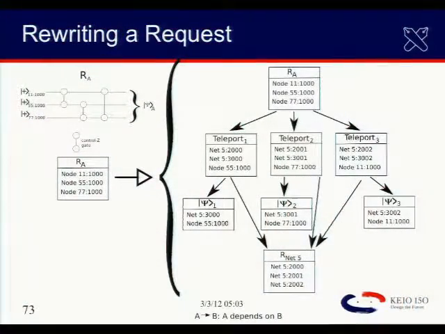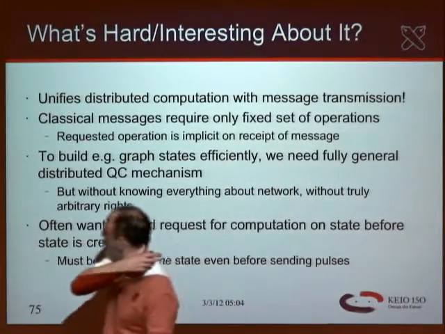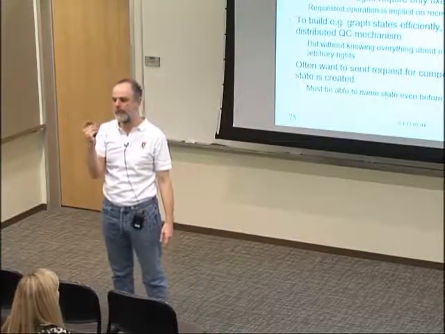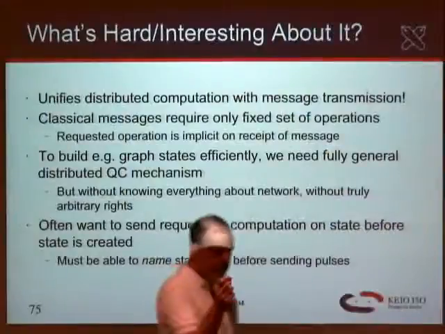And that rewrite rule, those rewrites can happen in various places throughout the network. What's interesting about this is that it essentially unifies the distributed computation with transmission of data. So the teleportation operations: to make even just Bell pair creation work properly, we need to be able to request purification, which includes C-NOT operations and conditional operations dependent on the outcomes of things like measurement operations. So we've already got C-NOT, measurement, and conditional operation. Extending from there to a fully general distributed computing mechanism is actually a very small leap.